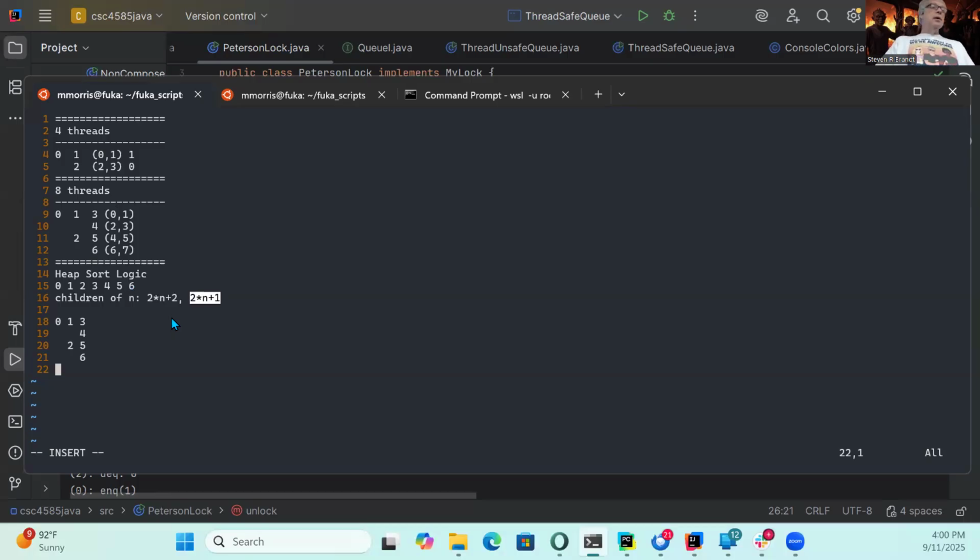So in this case, it has to work for 4 and 8, and then we'll check it for 16, and then hopefully we'll be right. Okay, so I've got 4 threads.